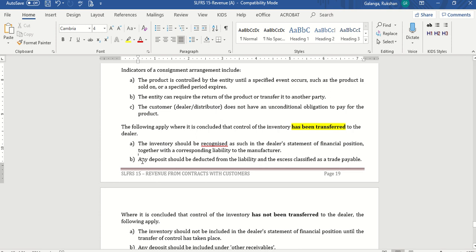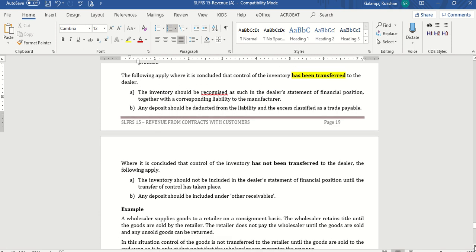Right? Any deposit should be deducted from the liability and excess classified as a trade payable. So what he should do is any deposit he has made, he can deduct from the liability and the excess should be classified as the trade payable. Right? Where it is concluded that the control of the delivery has not yet been transferred,